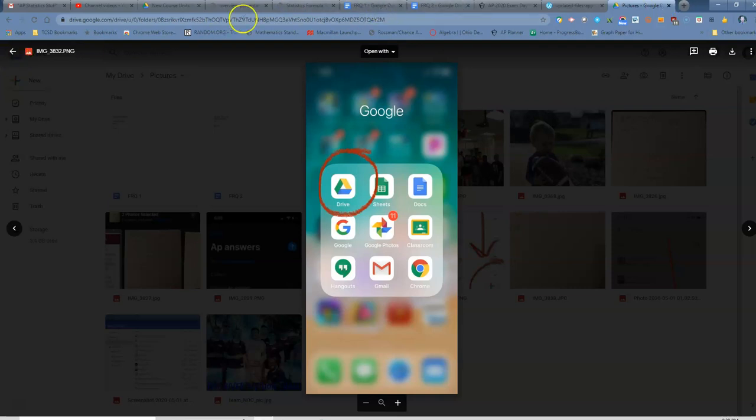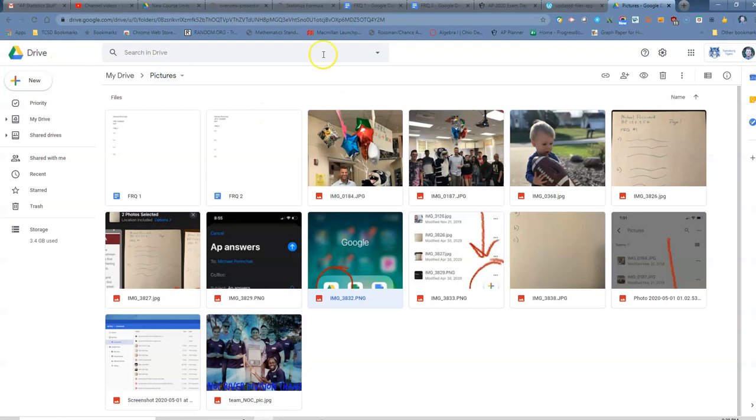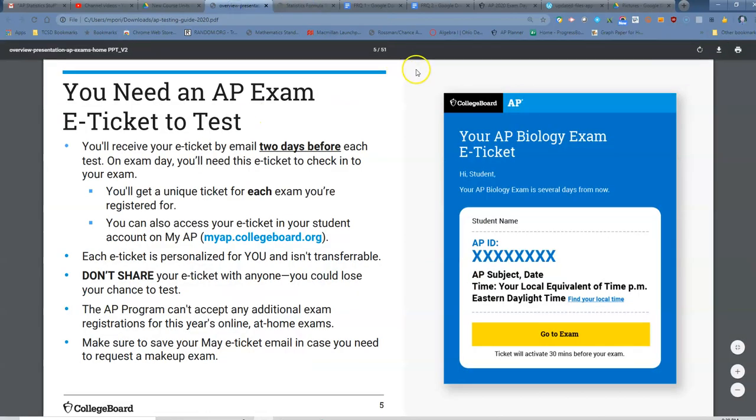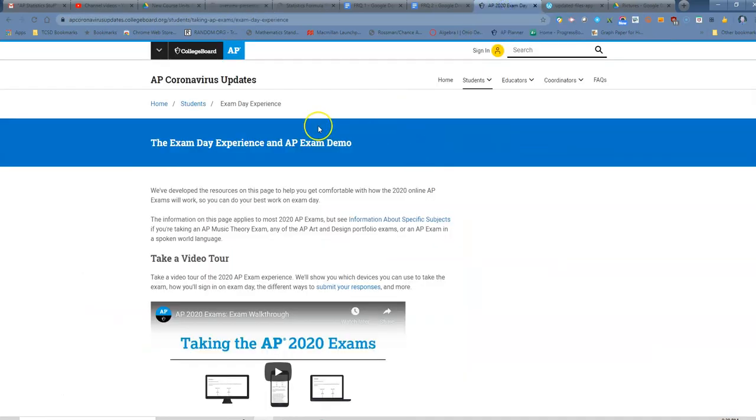All right. So let's actually dive into the program now. So AP has developed an interactive demo that you could use. To access this, you can go to AP Coronavirus Updates. You can just Google that. I'm going to provide a link in the description of this video as well. But it's literally